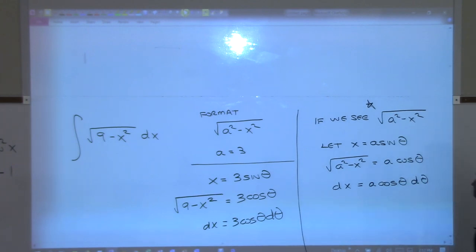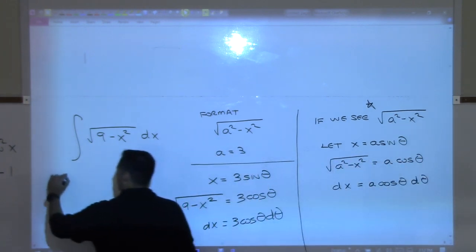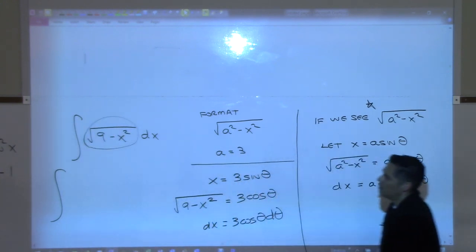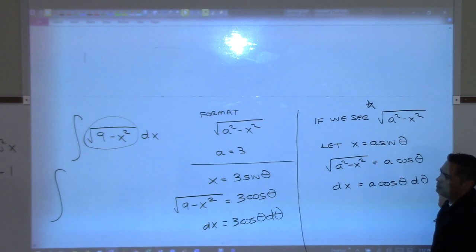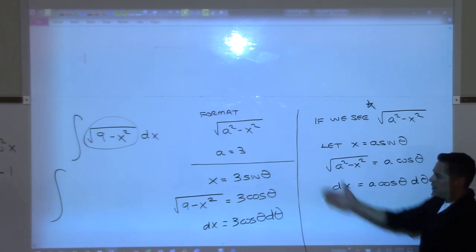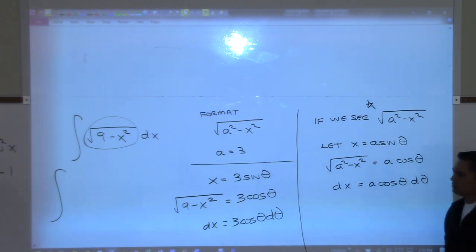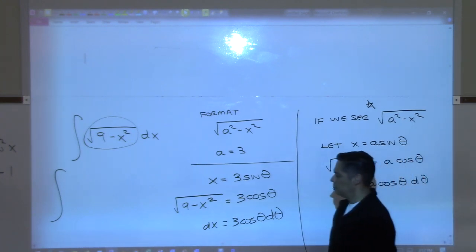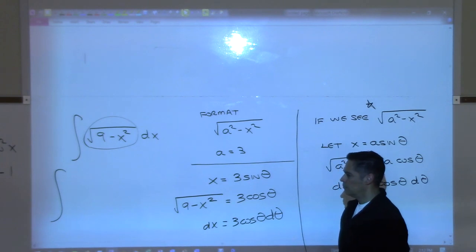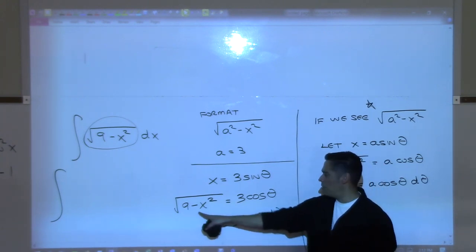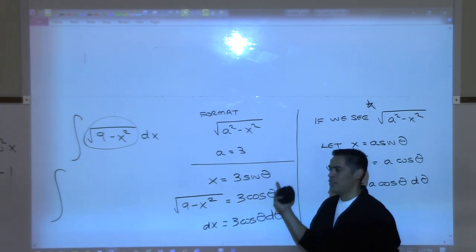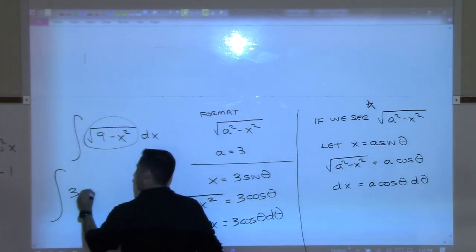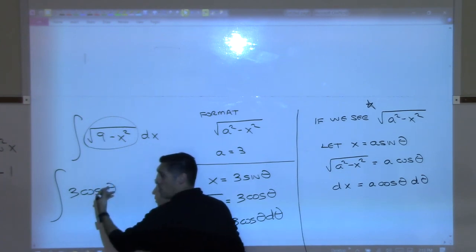All right, Hogan, I want you to rewrite the integral for me. So what does this become? Look at the information we have here. This is it, right? Replace it with 3 cosine theta. That's it, right? So we're going to rewrite this integral. That's going to become 3 cosine theta. Is that pretty straightforward? You're just replacing it. And then